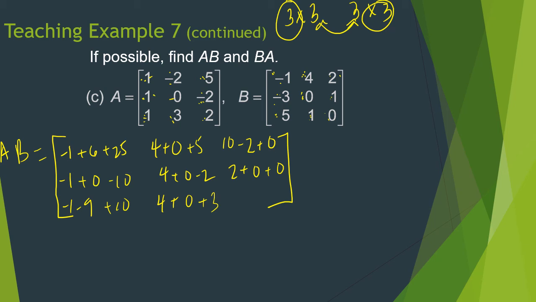Where am I at? 1 times 2 is 2. 3 times 1 is 3. 2 times 0 is 0. And I get